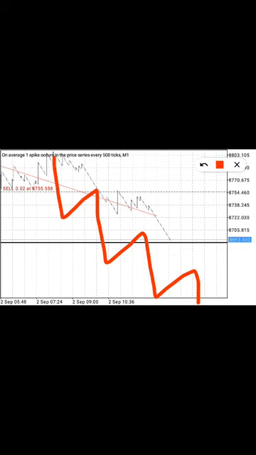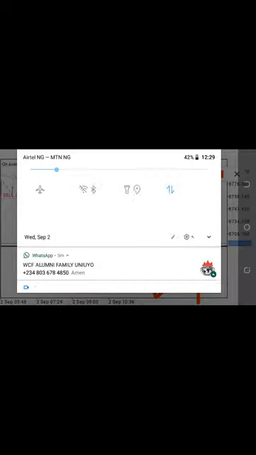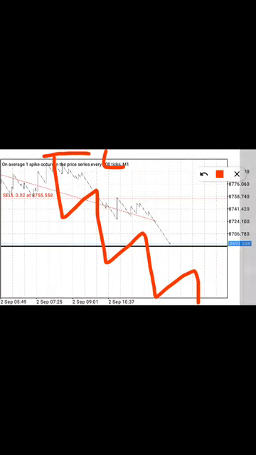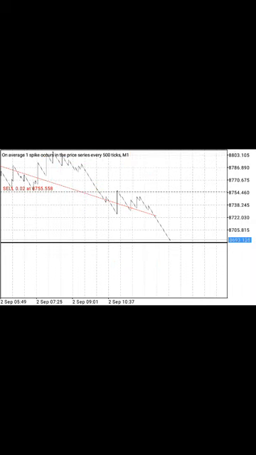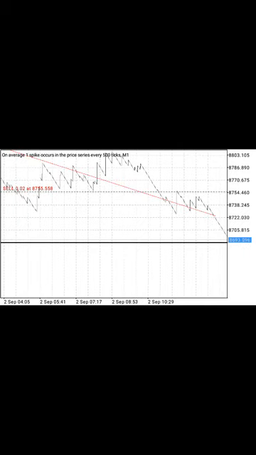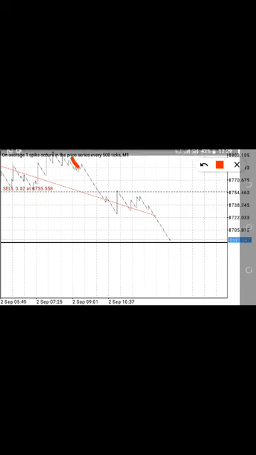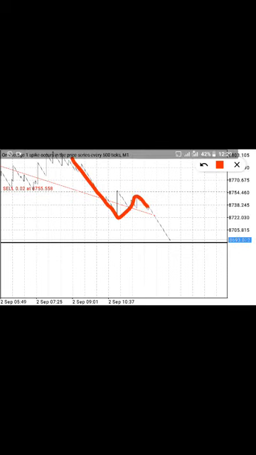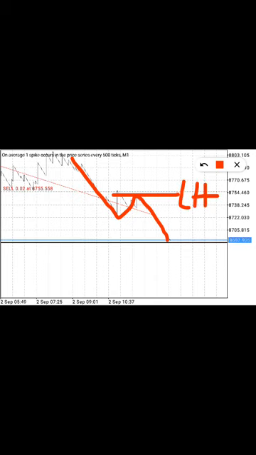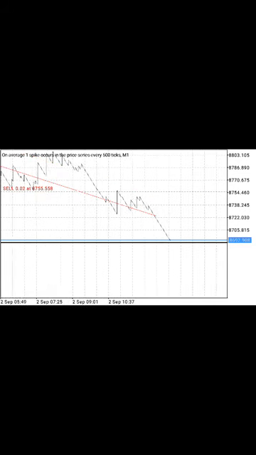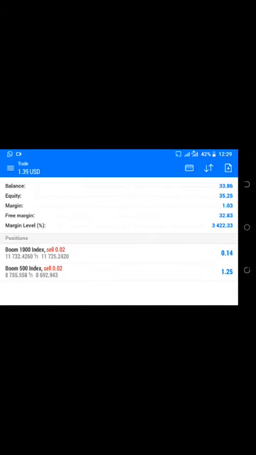Now, a downtrend is a type of trend in which the market makes lower highs and lower lows. Like in this case, this is your lower high, and this is your lower low. Now, I picked this trade. If you look at it, the market gave a little consolidation around here, but then it gave us a downtrend here, 1, and then gave us a little correction, 2. So I picked this trade at the tip of my lower high for a sell, and you can see the downward movement. It is this single trade that has given me over $1.25.